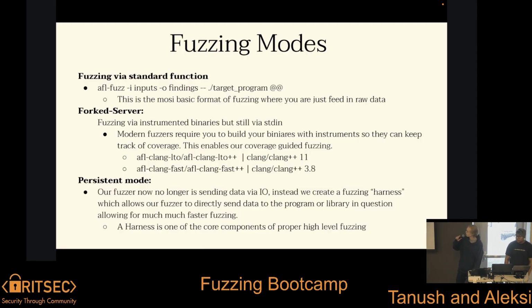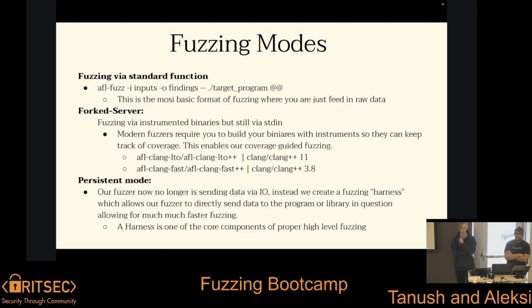So the next improvement is the fork server. Instead of restarting the program every single time, you use a fork server. Basically, you start the program once, let it reach the entry point, and then you clone or fork the process in memory for new test cases. This is better because it skips the expensive overhead of initialization and loading libraries, for example. But it requires the binaries to be instrumented, which is what afl-clang-lto and afl-clang-fast are in the AFL++ toolchain.